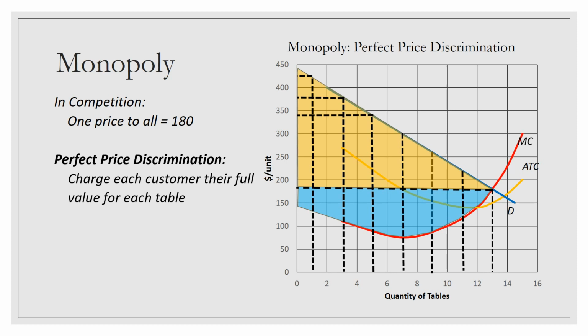Now remember, in a sense, the fact that there's any consumer surplus at all means that some of the consumers received more value than they actually had to pay for. And whether that's good or not